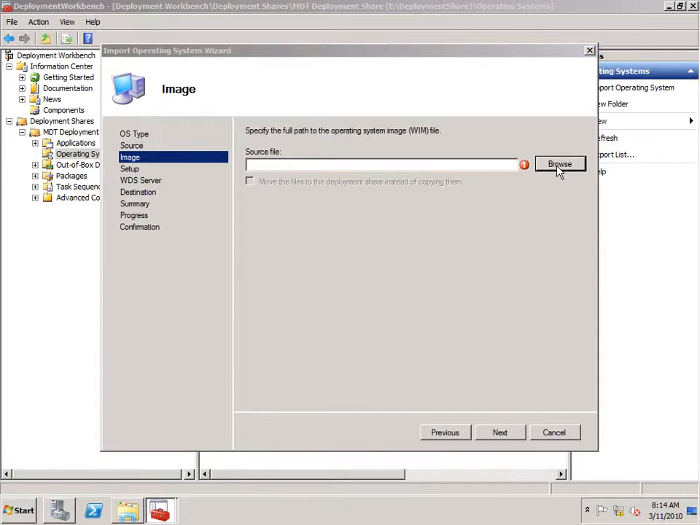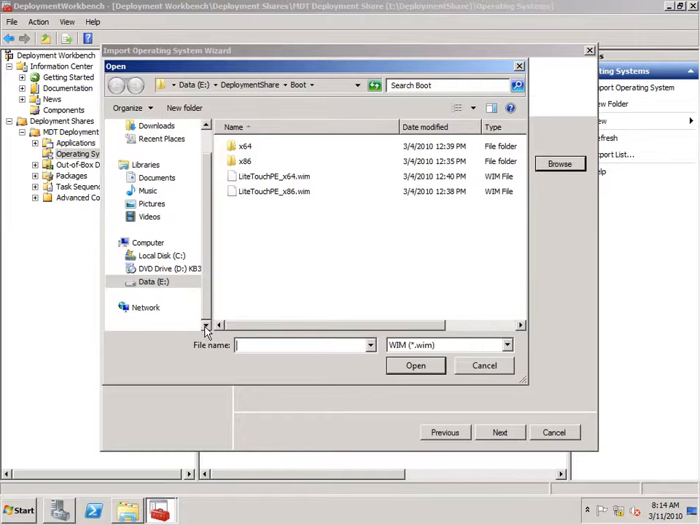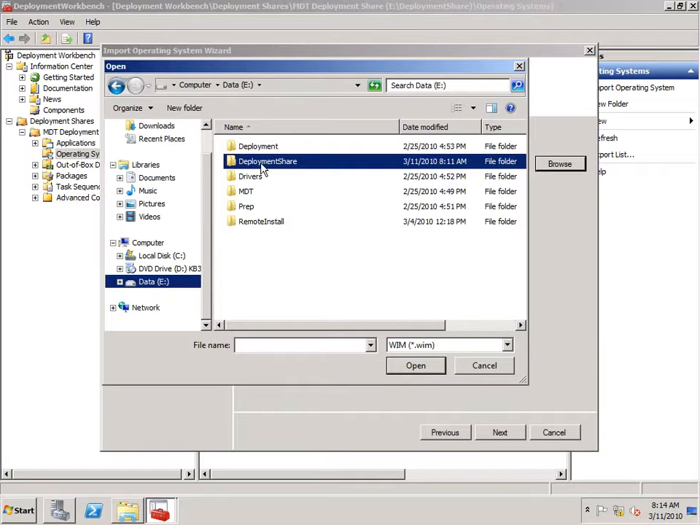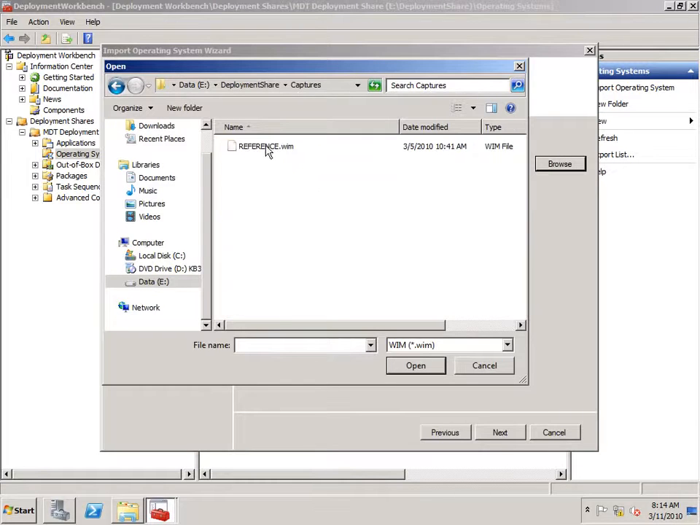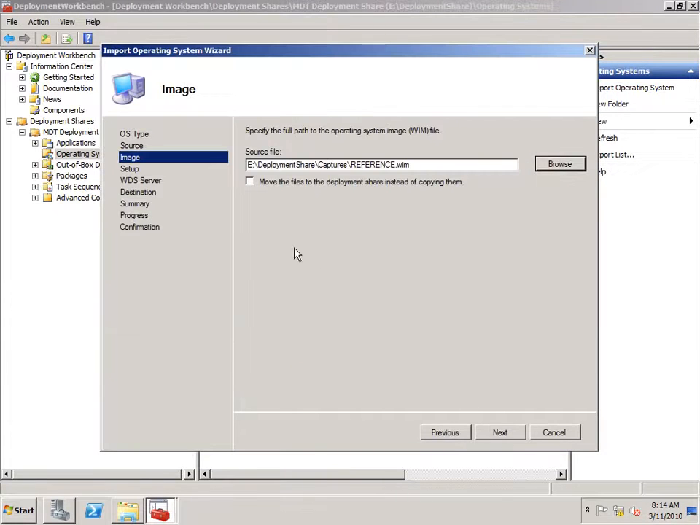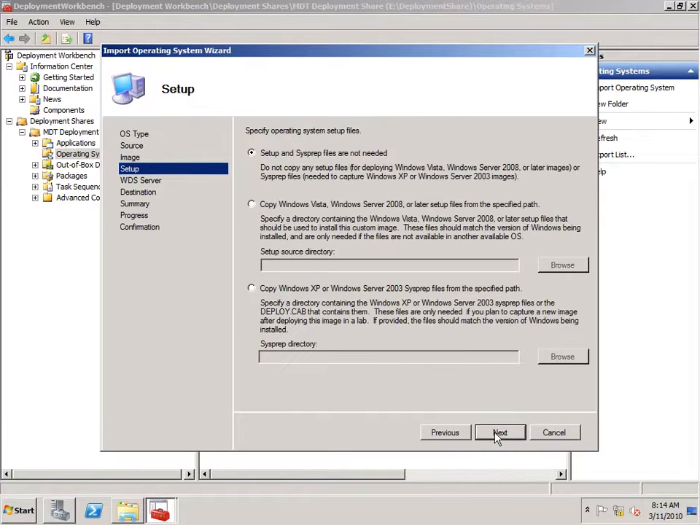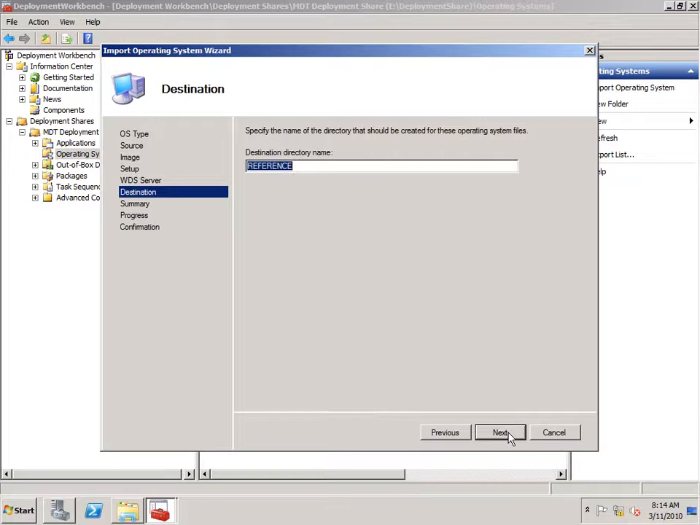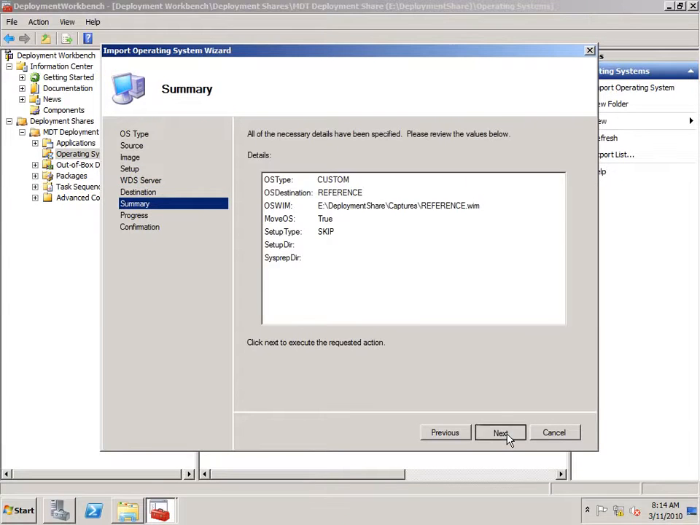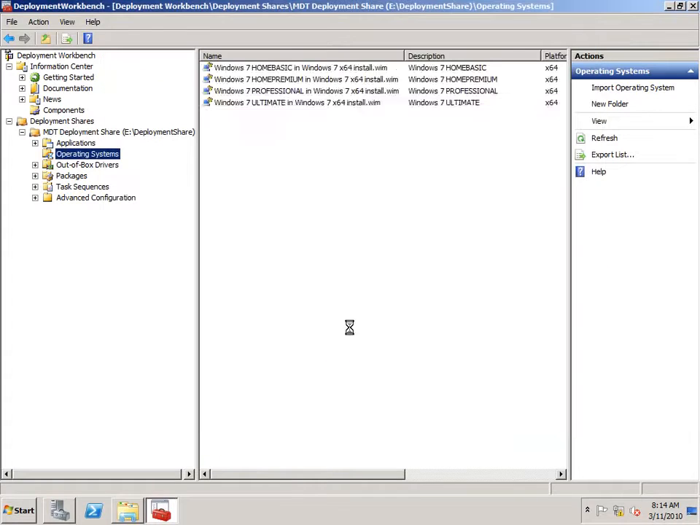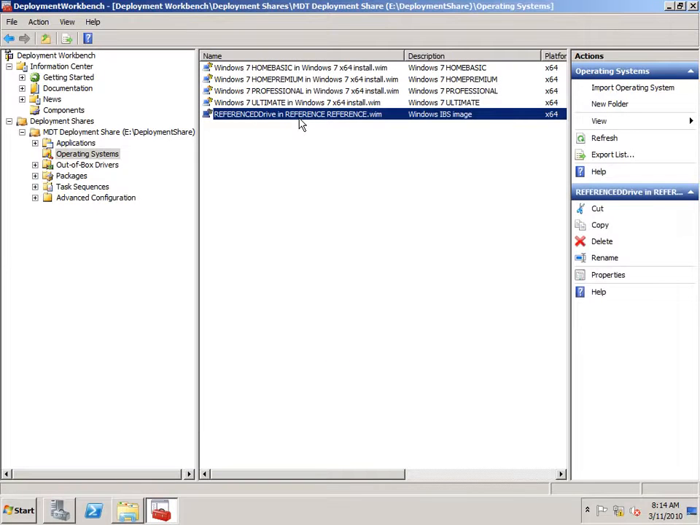I'm going to browse to the location, and where we put that was on the E drive under the deployment share, and it should be in the captures folder. And there it is, reference.wim. And I'm going to go ahead and move this for the sake of speed instead of copying those bits. And I do not need to sysprep this, so I'm going to go ahead and just click Next. For the destination directory, I'm going to just call that reference. And finish, and finish. Okay, now you'll see that we have the reference computer, the reference WIM file, installed as